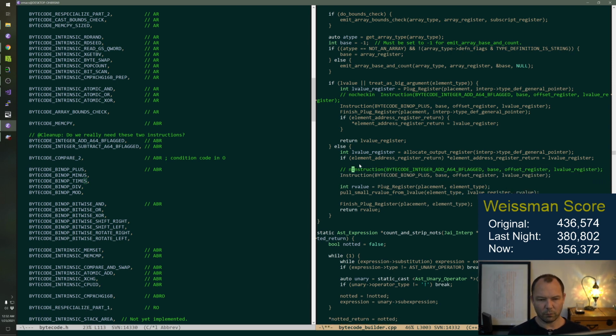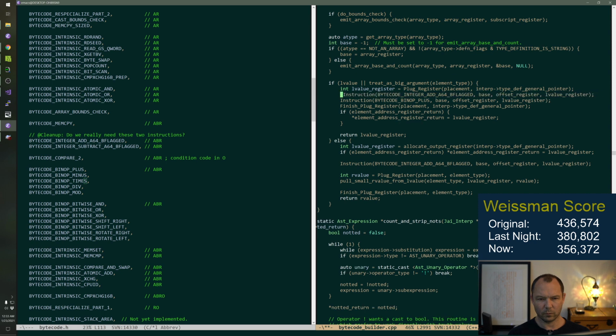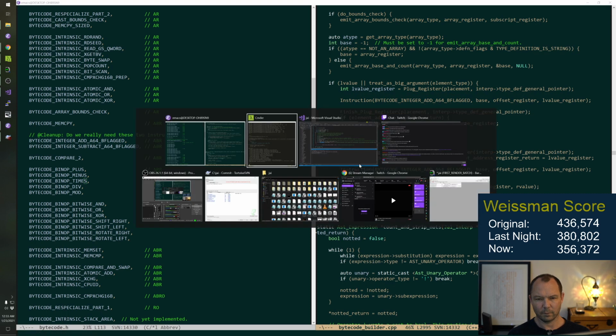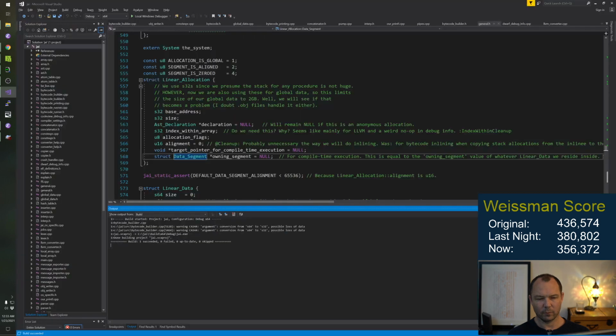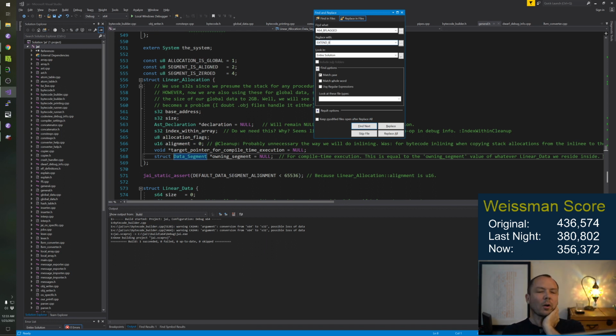So instead of calling it B flagged, we're going to replace A64 B flagged with extend B, because we may eventually want it to work on A's that are not 64 bits.